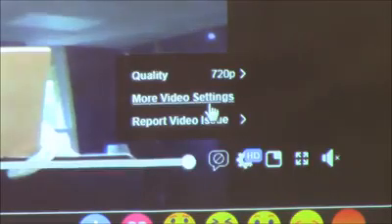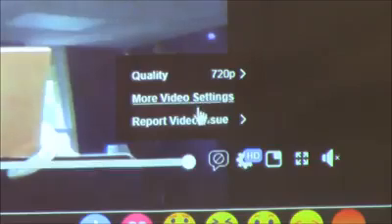But it will take you to a separate screen, so just be prepared for that. If you need closed captions, you can add them that way. That should be it for the settings.